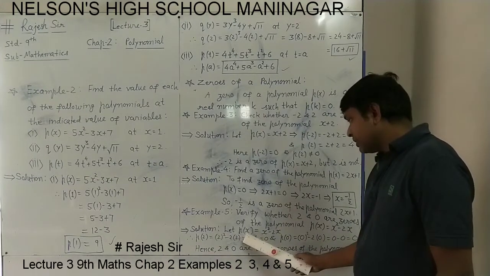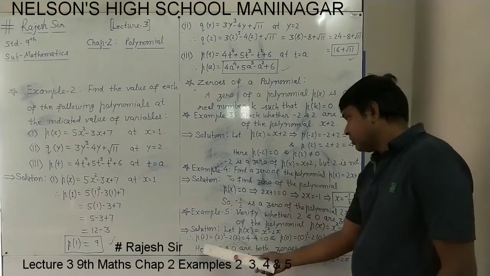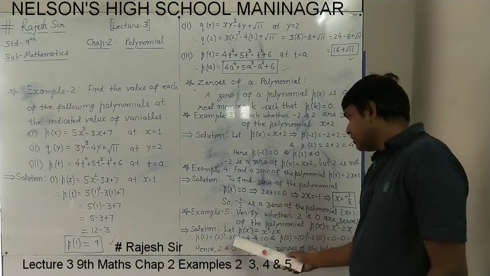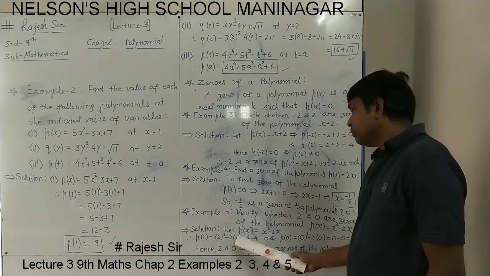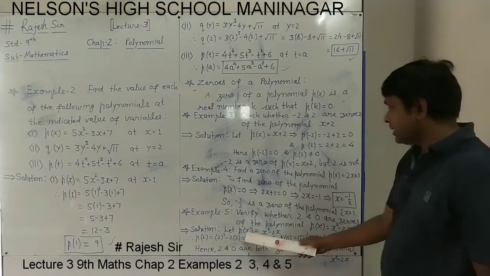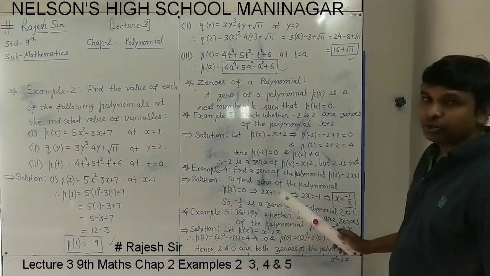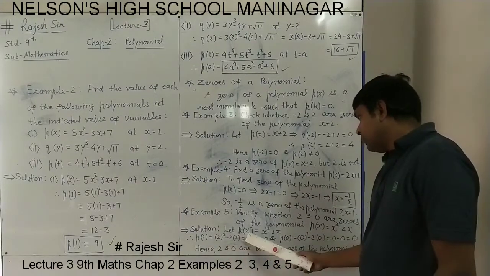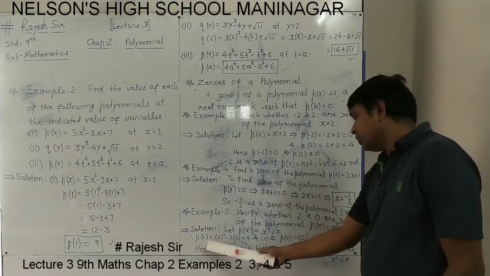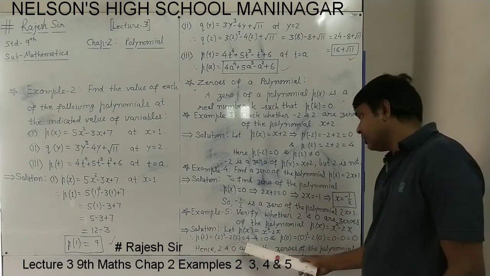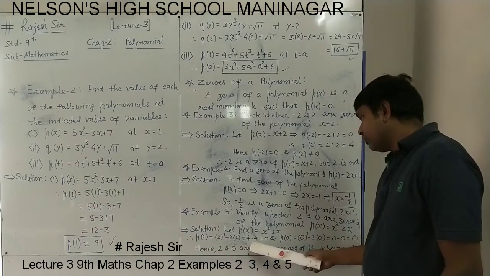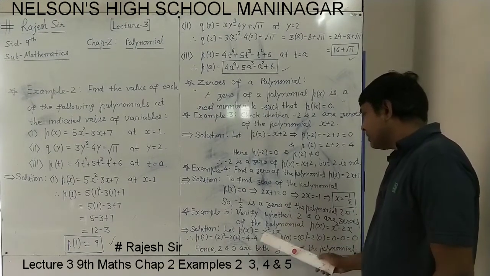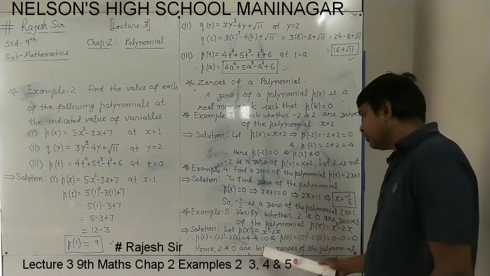So here if you replace x by 2, p(2) equals 2² - 2 into 2. What we have done is replaced x by 2, because at that number we want to check whether it is a 0 or not. So all x are replaced by 2. p(2) = 2² - 2 × 2. 2² is 4, minus 2 times 2 is 4. 4 - 4 we are getting 0. So replacing x by 2, we are getting p(2) = 0.